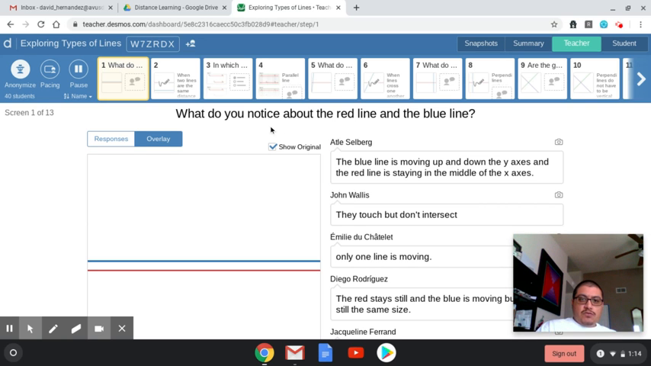I just wanted to go over this exploring types of lines Desmos activity. Many of you already finished, so I wanted to kind of review what I saw and just check it out. The first thing you're going to notice is that all the names are fake. So I put in this for anonymous, so that way your names are not going to be showing. But yeah, the first thing that I did want to point out